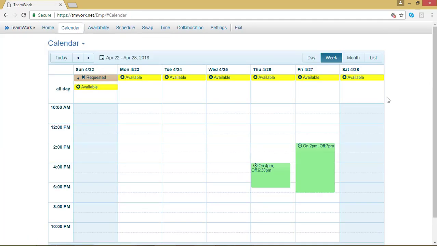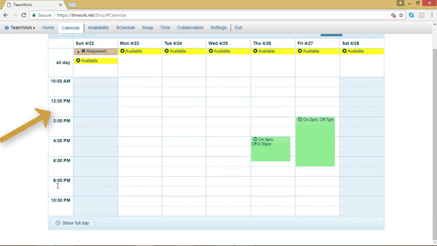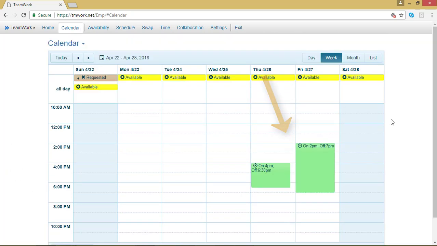Now my calendar is showing the weekly view. Notice that it starts at 10 a.m. where I changed it to, and it goes to 11 p.m. where I changed it to. And it's going to show the hours for this week that it's set on. It also is showing a little bit of the leave and availability. And that's how you change your